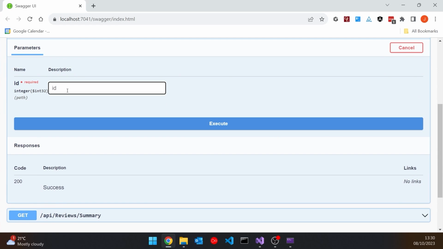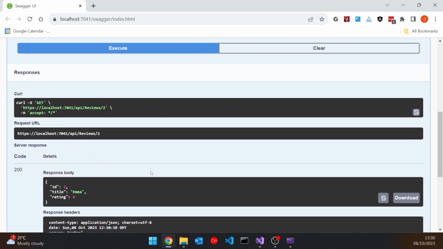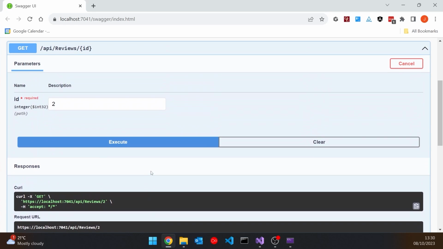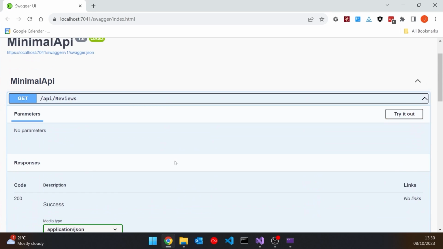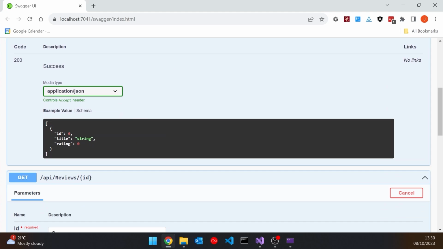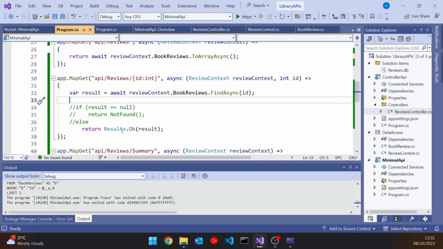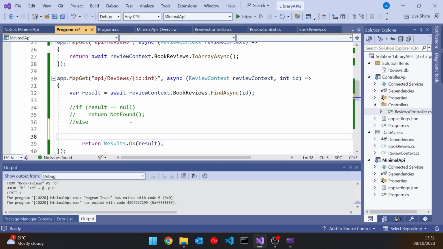If we try it out, if I just put an ID of 2, we get that OK. But something that you might have noticed is what we didn't have there was a description of what we're getting back. So if you look at the get all, you can see it knows we're getting back an array of those reviews. But we didn't have that available on the get by ID. And that's because this Results doesn't give us back any really useful information. If I were to just do something like this, if I said var x equals, and then just take all of that again, you can see that x is simply of this type IResult. It doesn't know what type we're dealing with.